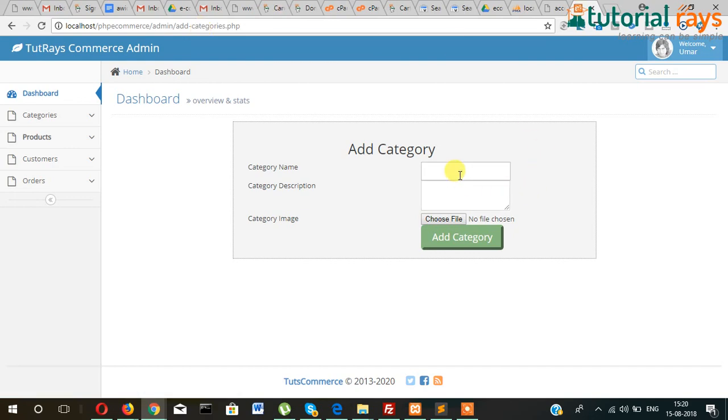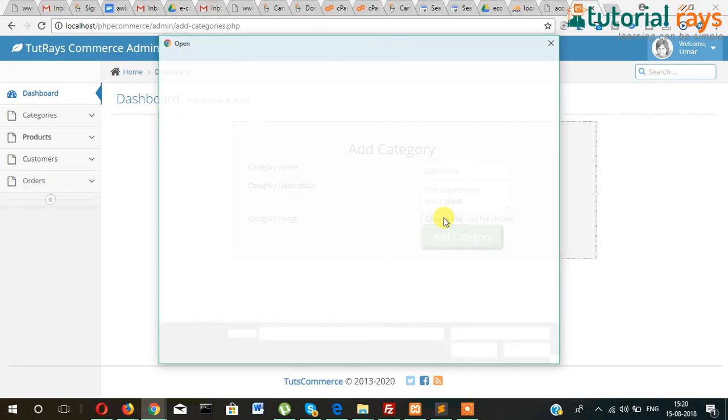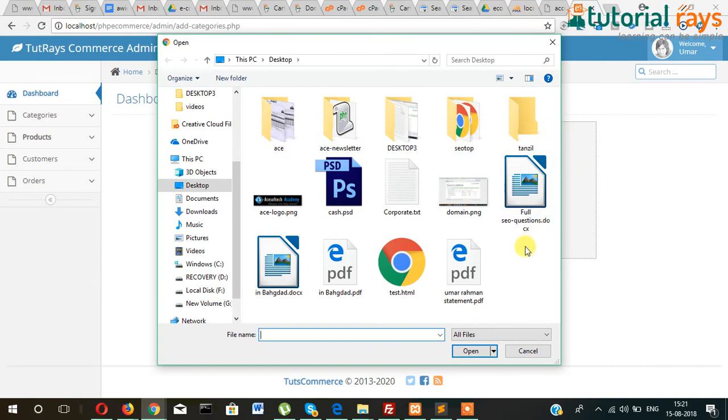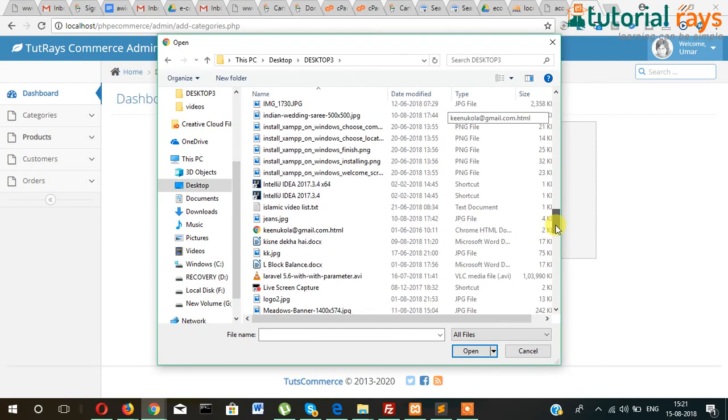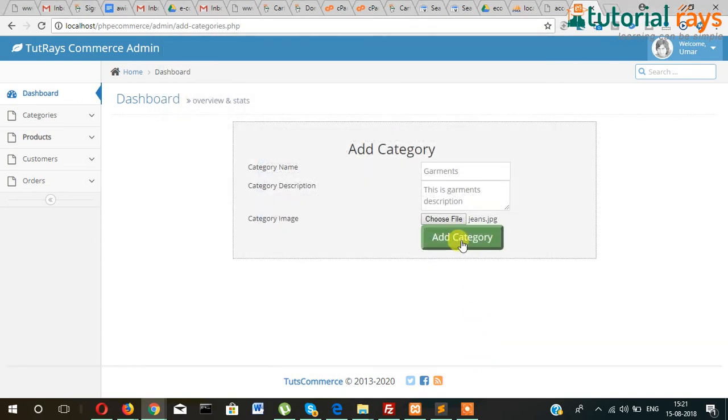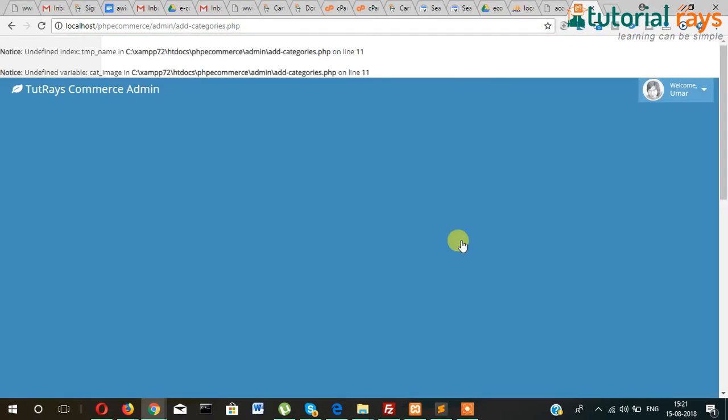Then okay, so here I'm writing say garments. This is garments description. And then let's upload any image. There might be some file, say jeans, this one. Try to add this. Okay, so undefined